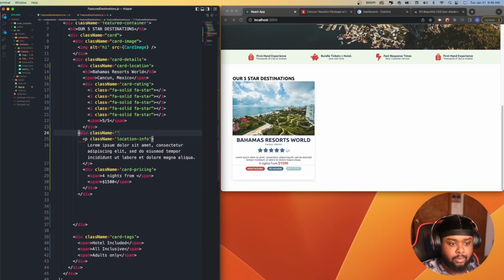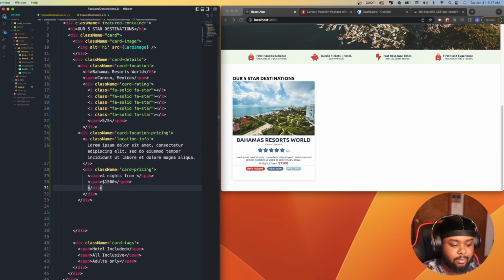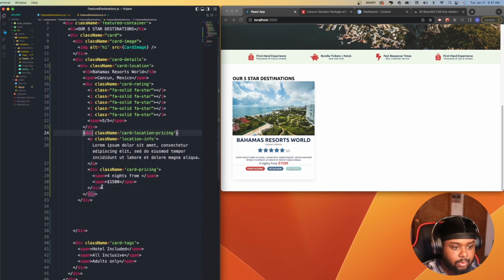Let's do card location and pricing. I'm definitely about to change that. Just thought about it. All right, so card location, and wait, we're messing up. Wait a minute. Okay, okay, that works. All right, so that goes inside its own div, and what I might do is actually